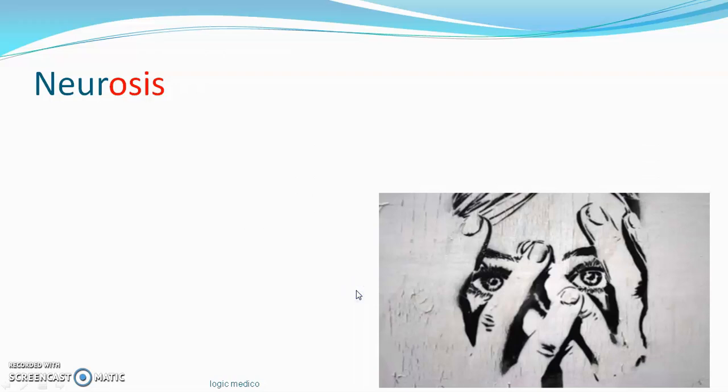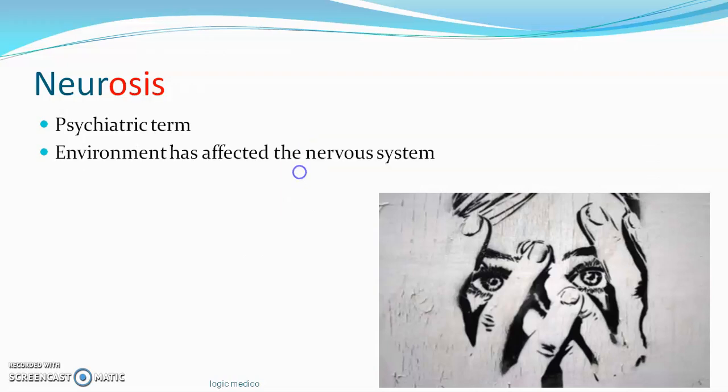Okay. Next important thing is neurosis. Actually, it's a psychiatric illness. The basic definition of neurosis is still not known, but it is used in the psychiatric terms. There are two terms, neurosis and psychosis. So what is the basic difference? Neurosis refers to the illness of the mind derived from environmental cause. Best example for that is